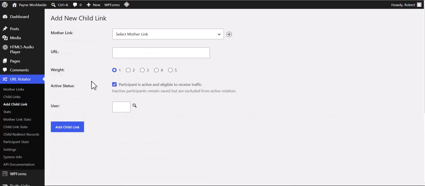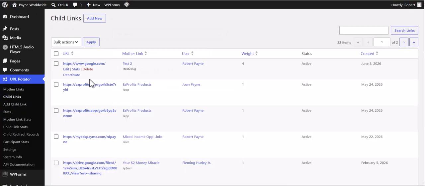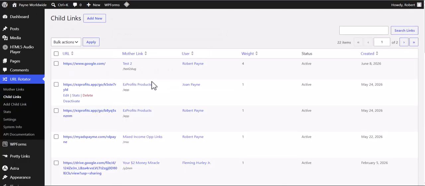Let's go to child links over here. All right, so as I mentioned before, you need to have users. You see that you have an active status. If there's a user that you want to deactivate for whatever reason, you can go in here and individually deactivate them. If you have a lot of different